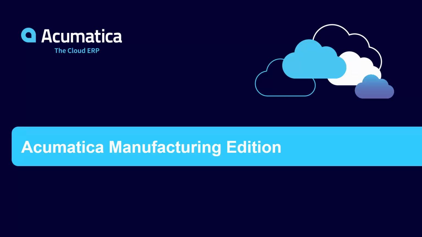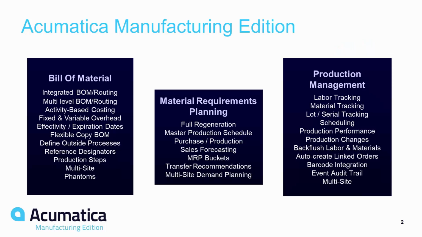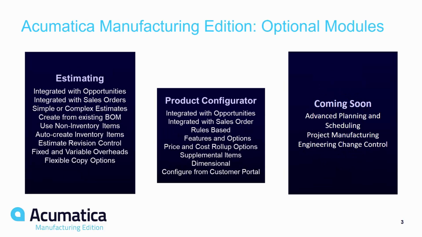Acumatica's Manufacturing Edition. Acumatica's Manufacturing Edition is comprised of three key modules: Bill of Materials, MRP, and Production Management. These three modules consist of the features you are seeing here, and we will see some of these features in action during today's demonstration. Acumatica also offers optional modules for our Manufacturing Edition, including estimating for brand new manufactured items, a product configurator for items with custom options, and more coming in 2018, including advanced planning and scheduling, project manufacturing,